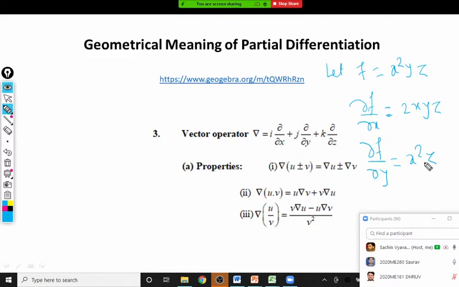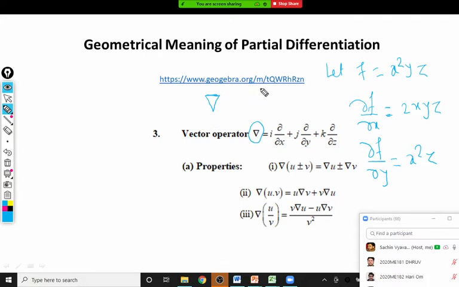So in such a case, the concept of this vector operator, or vector differentiation, comes into the picture. First of all, we have the vector operator. It is denoted by this Greek symbol, which is called del. This is actually different from the symbol used for the backward difference operator, which is a backward triangle, where the base is on the top.